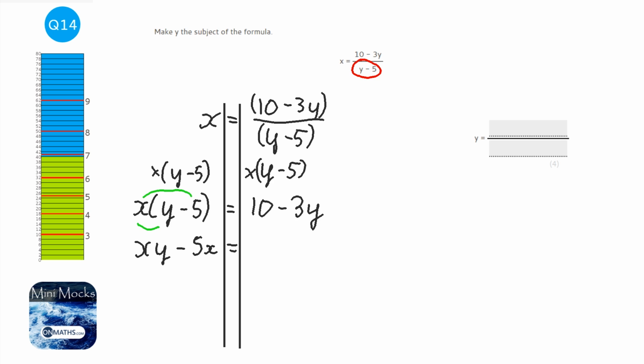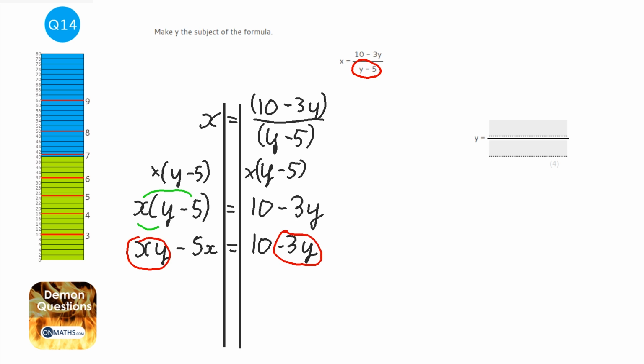And the right hand side hasn't changed at all, it's just 10 minus 3y because we haven't done anything to both sides. So what I want to do is try and get all of the y terms to the left hand side and all of the other terms, so the x terms, the number terms, or whatever, on the right hand side. So I'm going to add 5x to both sides,